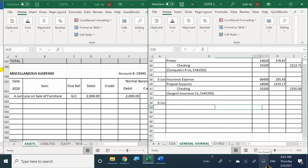So June 6th, right? We have loss on disposal of asset. All right? And it's account 6,700. All right? And we recognize that in order to move the money from miscellaneous expense into the loss on disposal of asset account, we have to credit the amount. So in this case, that's correct. We're going to essentially move the entire amount because it says in the scenario too that you're moving the entire $2,000 out,